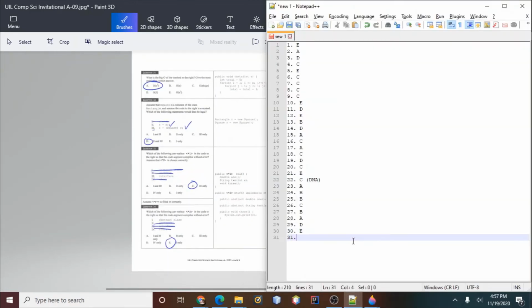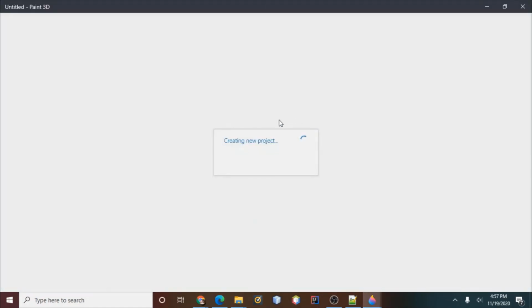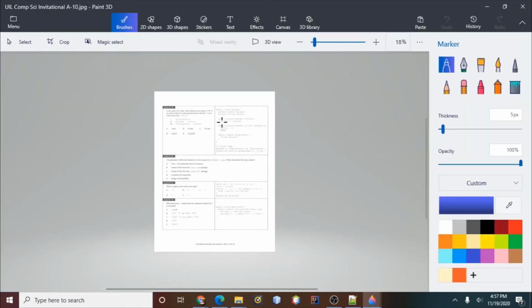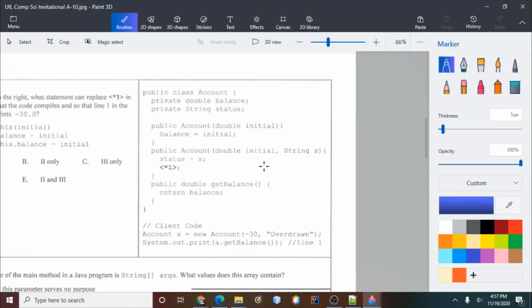So 31 A, 32 D. Darn it. 33 C, 34 E. And second to last page. Let's go. What? Okay. Now,